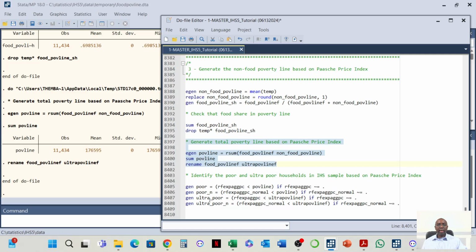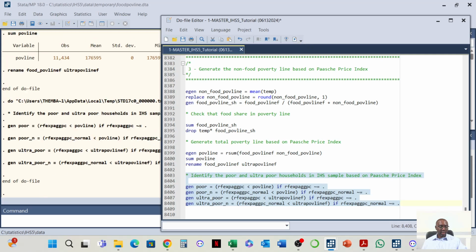Then the ultra poor are simply the same, but now we're just defining those who are less than the ultra poverty line based on the per share price index, and also making sure that they're not missing. And then also the normalized will be the same based on that. So again, we can just run that and then generate these new variables of interest. We run it, and then next what we're going to do is do a similar approach,